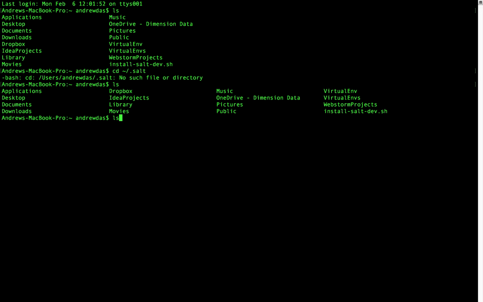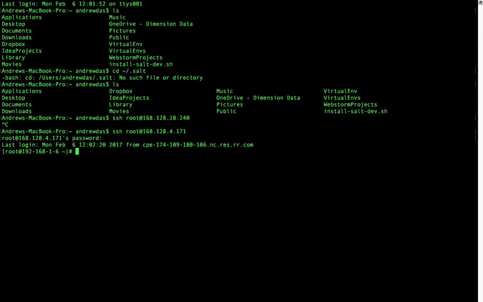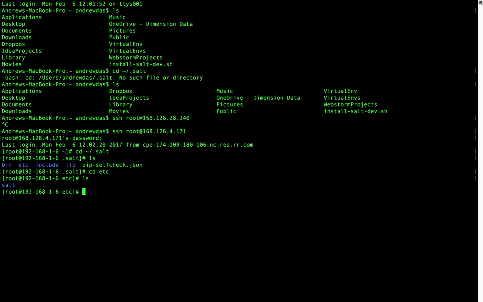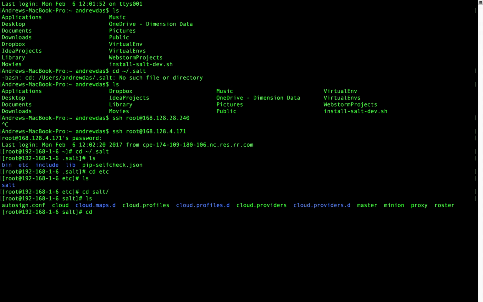It would help if I SSH first. Okay, now if I look at the master configuration,